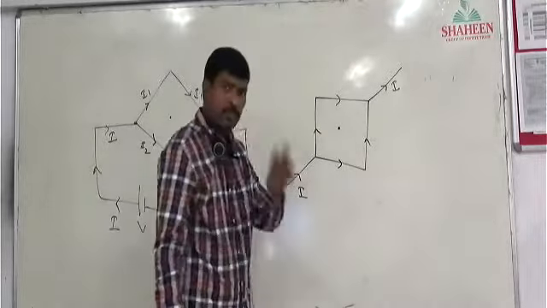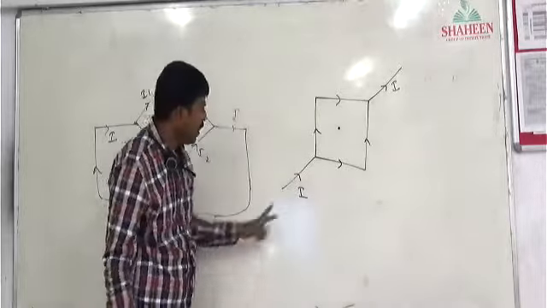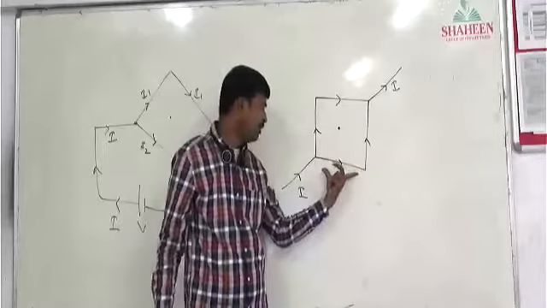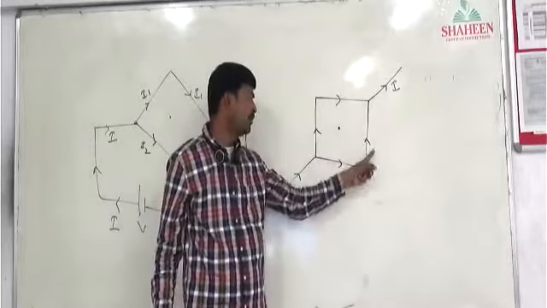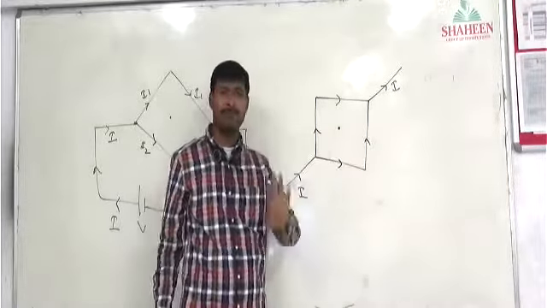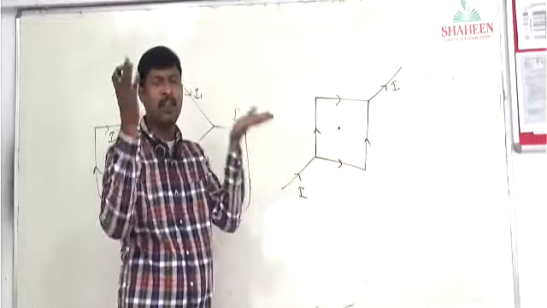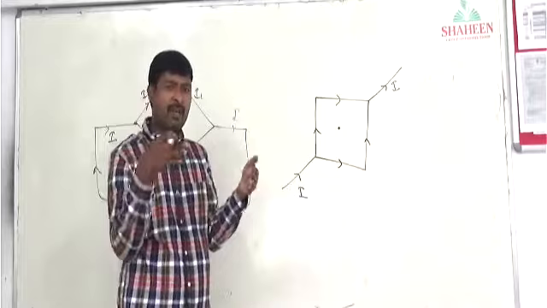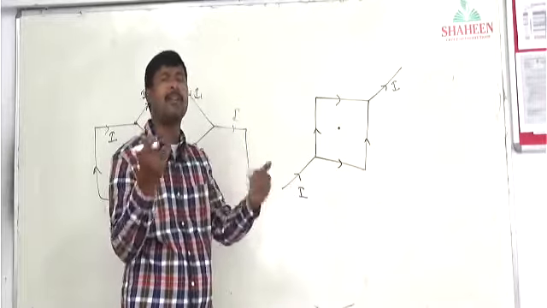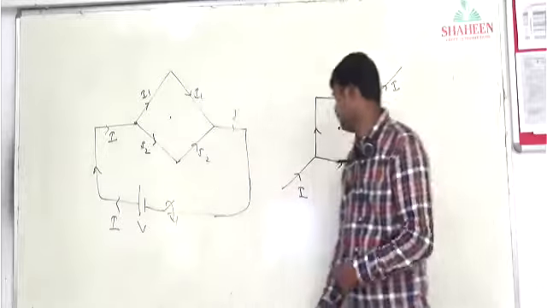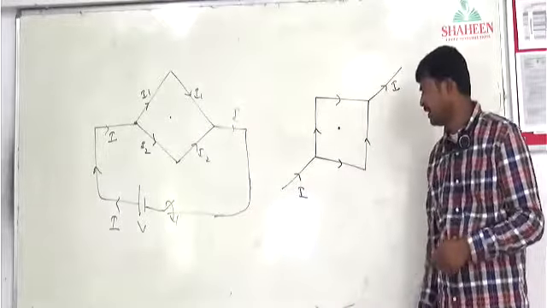The question is, all are finite wires only. So we calculate the magnetic field due to this wire, this wire, this wire, this wire at this point and add up. We will get the net magnetic field. Clear? Because magnetic field is a vector quantity, we calculate the magnetic field of individual wires and add them up. So think here, logically you can say directly.